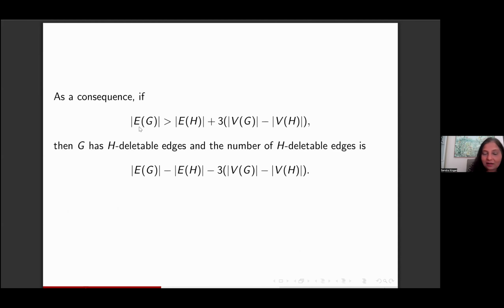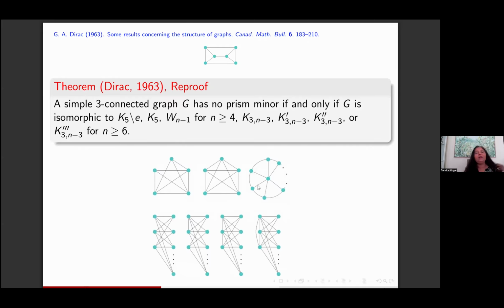Yeah, so as a consequence, if your graph has too many edges, then it's going to have H-deletable edges, and you can say exactly how many. All right. So now I'm going to use Theorem 1 to do a reproof of a very nice result